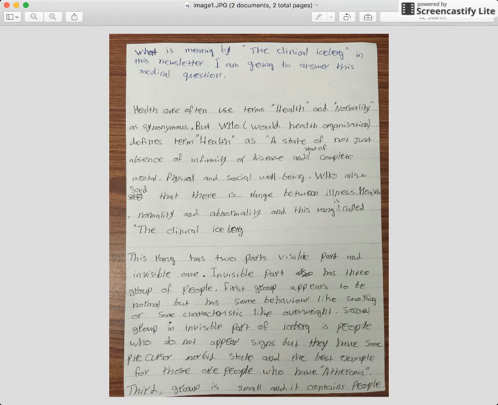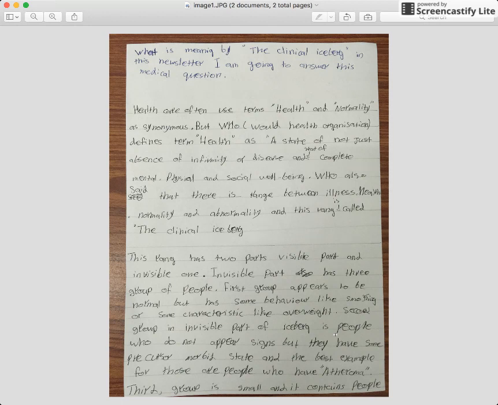Second group is a visible group of the iceberg. Okay, you were already on the visible part. It's good that you're explaining the iceberg. That's excellent. Nobody else has done that so far. But I think that you've sort of changed the meaning here a little bit. Remember, the largest part of the iceberg is below the water that we can't see. And I think you've changed the meaning here.